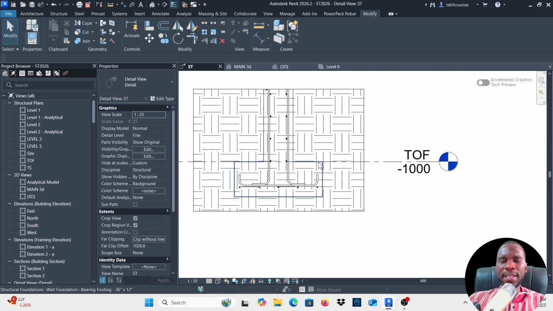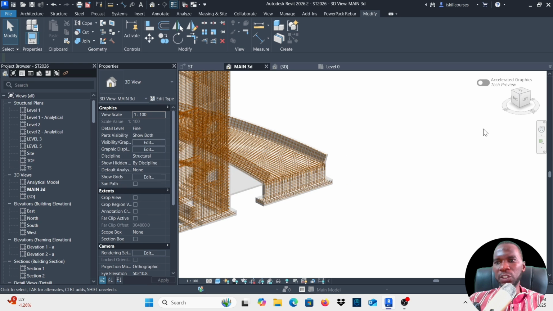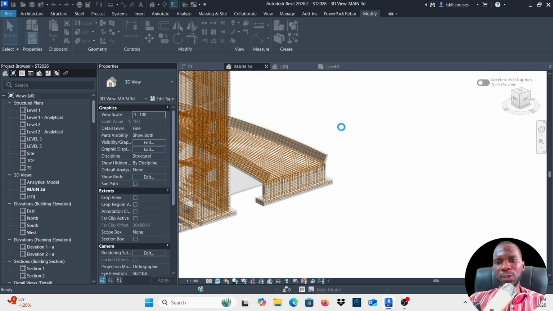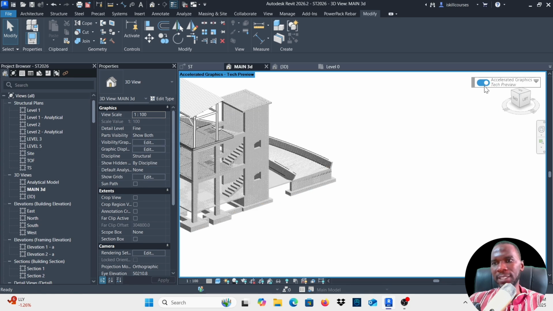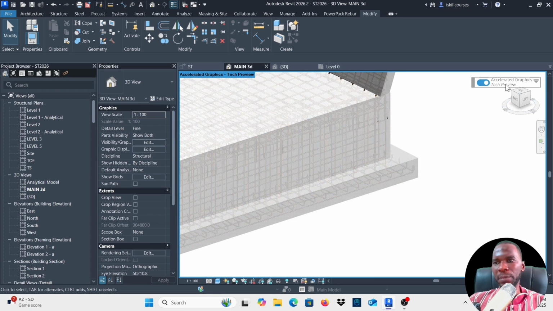Okay, the other thing that has also been updated in Revit 2026.2, if I just go to 3D view, and let me change to accelerated graphics tech preview. Now, working in Revit is becoming faster and faster. So now if I switch here and click on OK, of course you are not going to feel it, because I know that it's very fast. Those who've tested this can bear with me that it's very fast to work in Revit now because of the